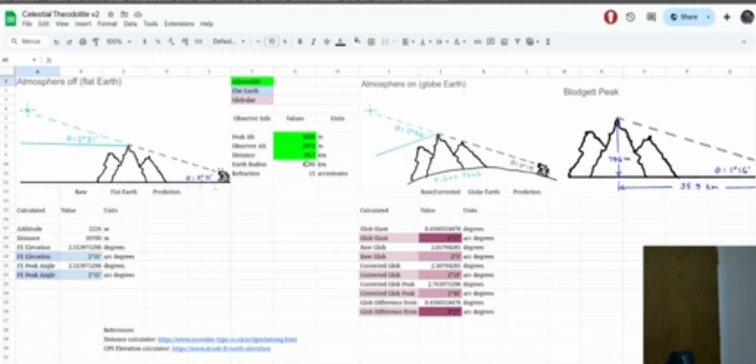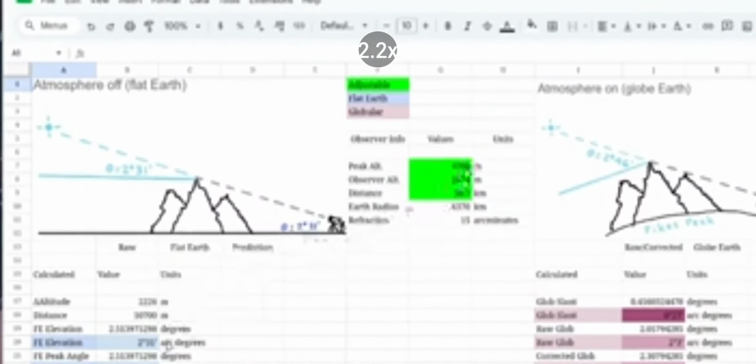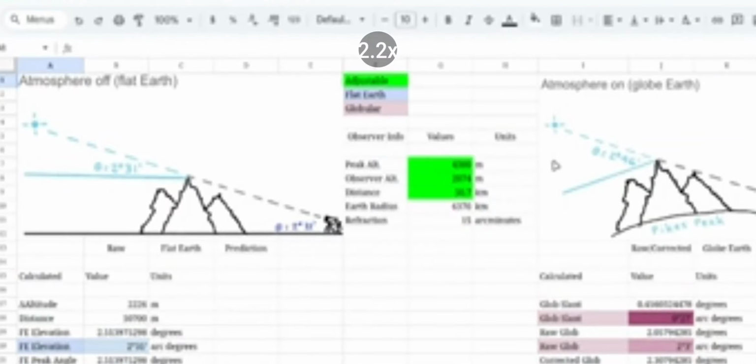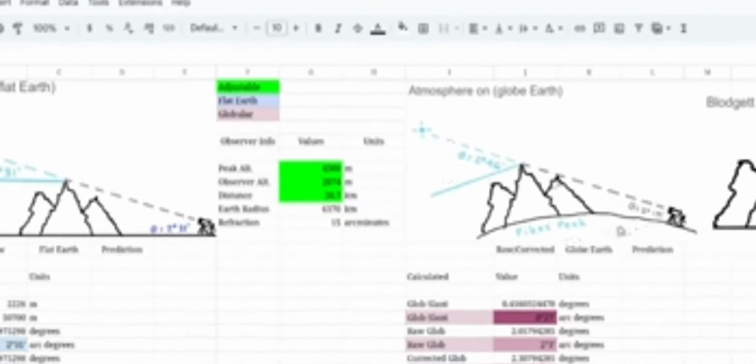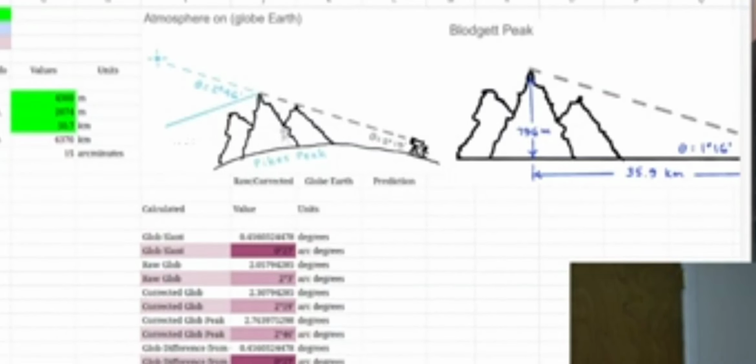So we come out with, based on these values, the distance away from the mountain peak and the mountain peak elevation difference, 2 degrees, 31 arc minutes for the raw calculation. And then over here on the other side, we have the globe predictions. Now there's 2 ways that you could get to the globe prediction. You could use the arc sine of the distance over the radius, and that will give you 2 degrees and 4 arc minutes. And then you could apply celestial refraction to get 2 degrees and 19 arc minutes, which is what the globe predicts. Or you could do the method that Ruhif uses, and then you apply 2